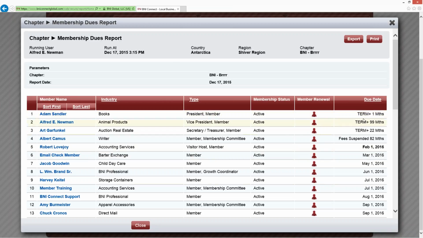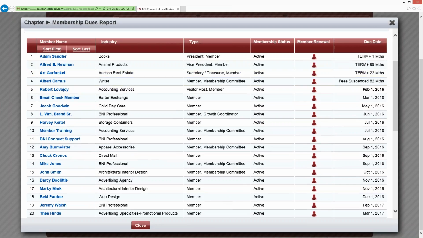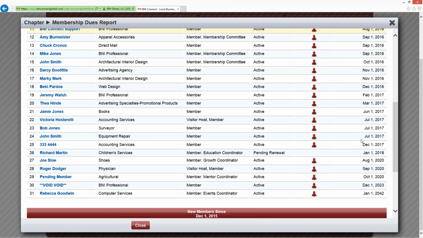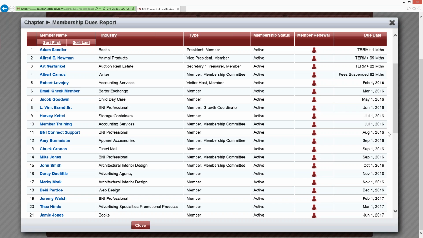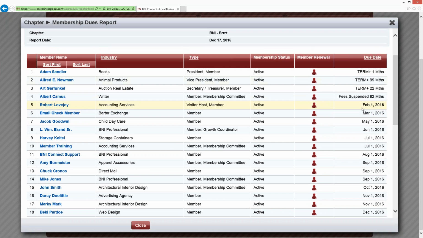So you can see my compensated leadership team. They're going to be showing up at the top of the list because they're not going to be due until they come out of office. And then going down the list, it'll show me the people that are due in order. And I have some people due in February and March and May and July, going all the way out in time. So the ones that are due, especially the ones that are highlighted, are ones that should be in the process of this renewal period because this person is due in the next 2 months. So I can go ahead for Robert here